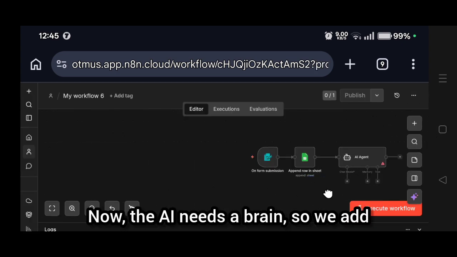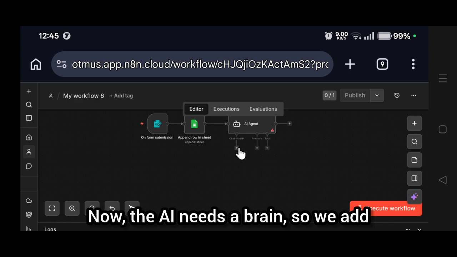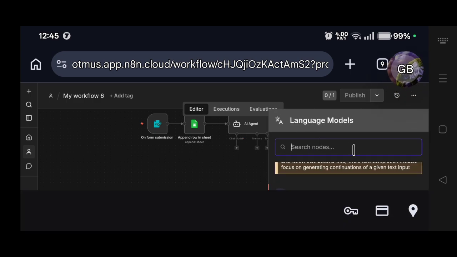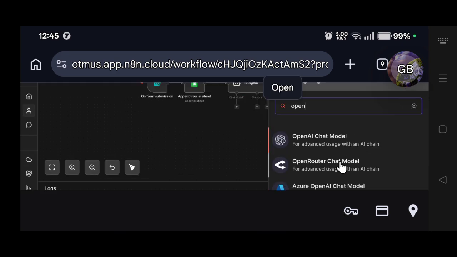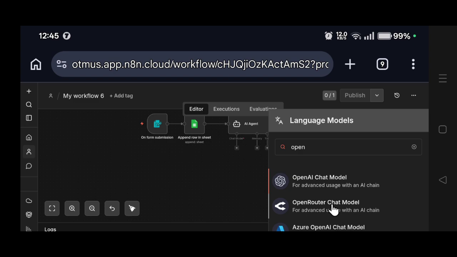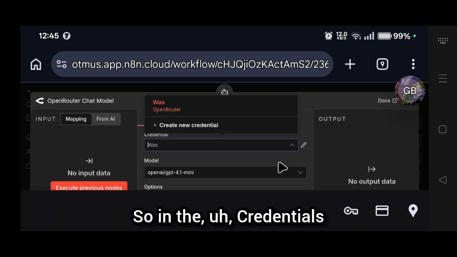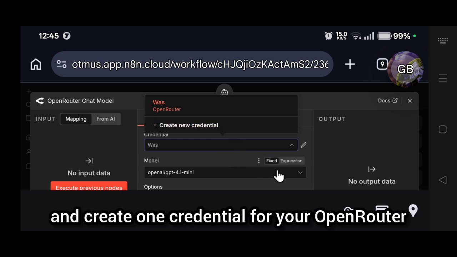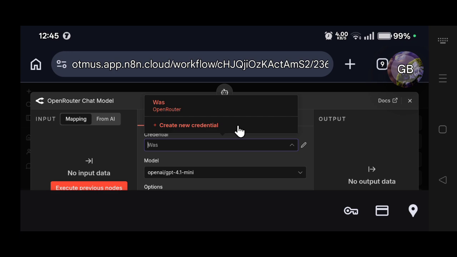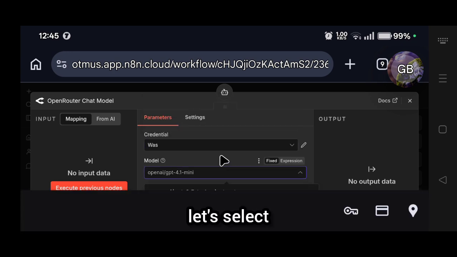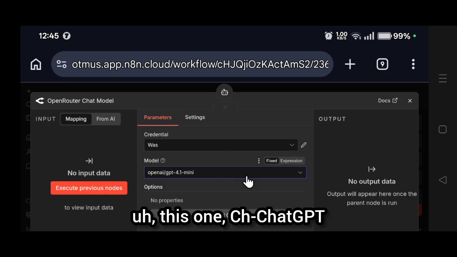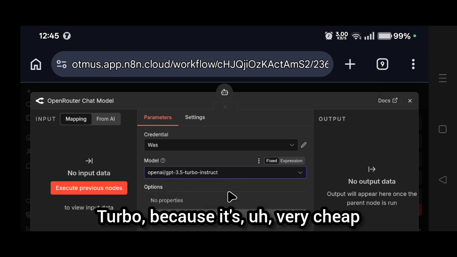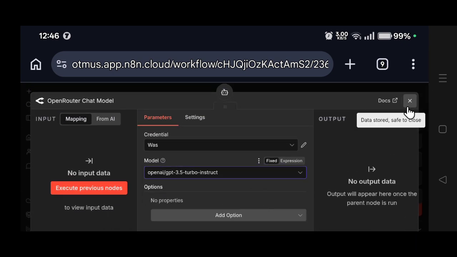Now the AI needs a brain, so we add ChatGPT, or you can also add open router. Let me show you this one. So in the credentials, you can create new and create one credential for your open router. So let's select this one, ChatGPT Turbo, because it's very cheap. Close this,